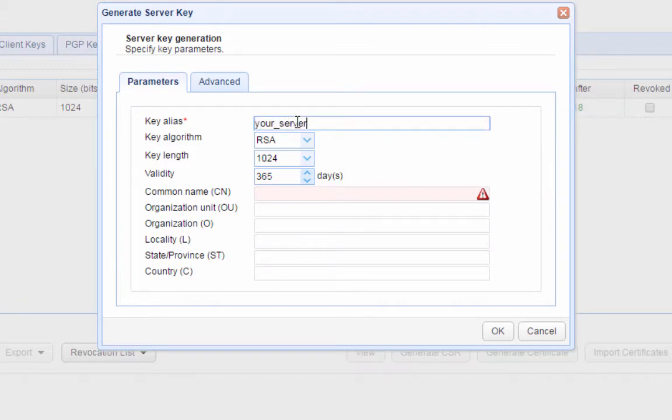For example, your_server_key. Key algorithm. Here you can choose between RSA or DSA. Click the link in the description for an enlightening discussion on these two key algorithms. Key length. Choose between 1024 and 2048. Read the post choosing key lengths for encrypted file transfers if you need more information on the subject. Validity. Here you specify how many days you would like this key to remain valid. Common name or CN. This will be the name of the key. Normally, you would use the domain name of the server. For example,